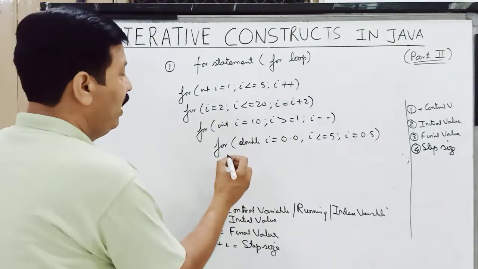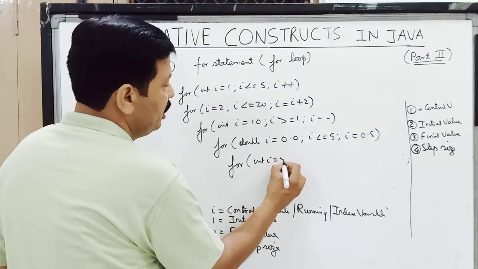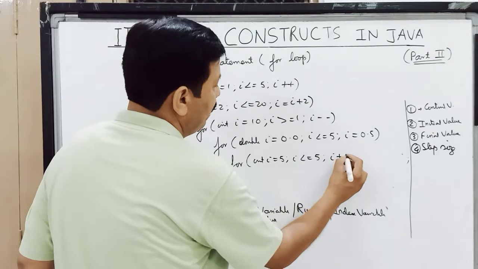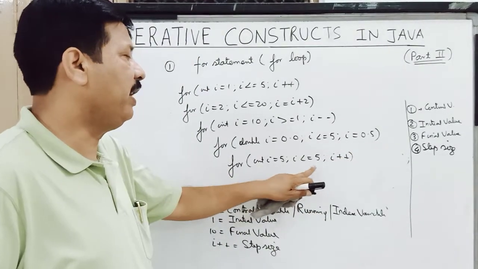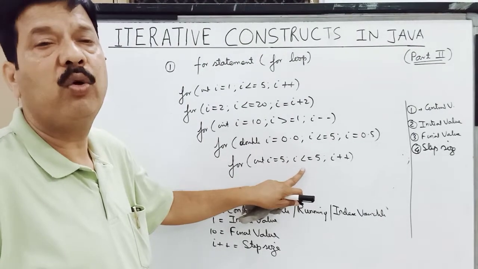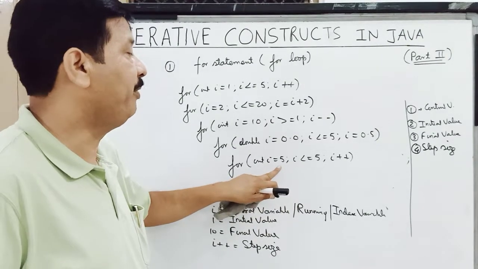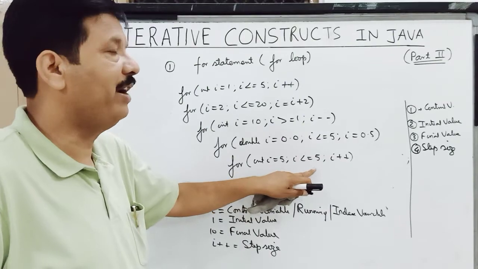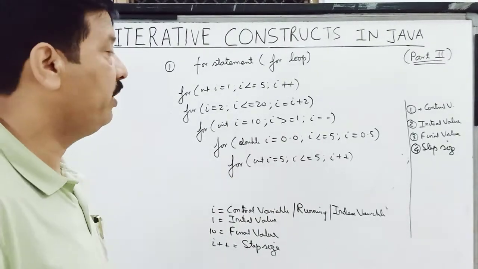Now children, one more thing, you can even have the initial value and the final value same, and your step size may be anything. Then if this is the condition 5 to 5, then this loop gets executed only once. So you have to see that if your step size is plus or negative but the initial and the final values are same, then your loop is going to get executed once.